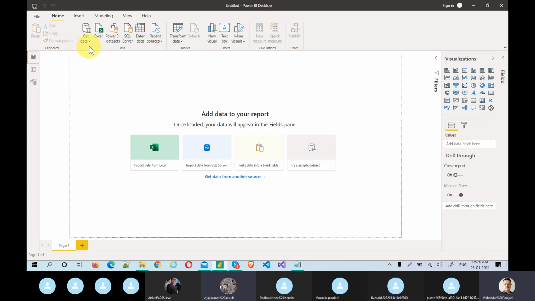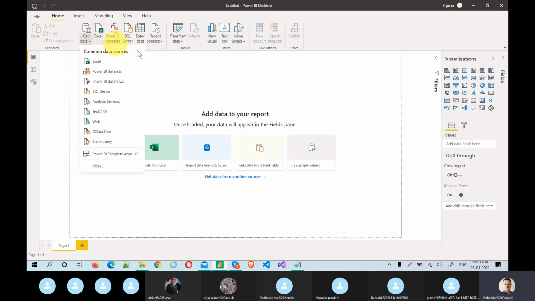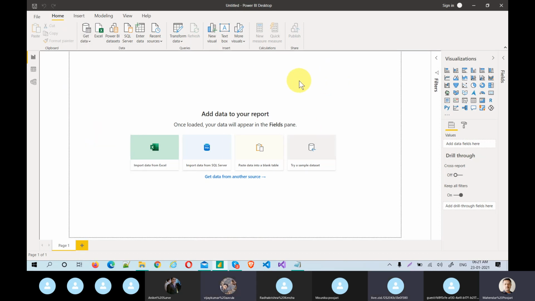Now, see, guys, we can directly go to a query editor here and also get the data from here. Getting data to Power BI has actually two gates. One gate is getting data in the main window, which is the main Power BI window. But before coming to Power BI, we have a query editor.